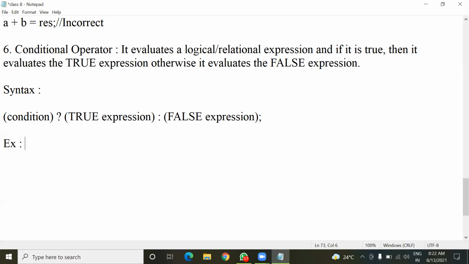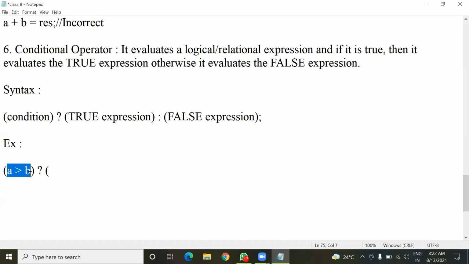Here in the example, I'm going to compare two values, A greater than B. So here it is a condition. Now after this, a question mark will be used. Now I'm trying to find the largest number of the two given numbers. Here I have two numbers A and B, and I have to find out which one is the largest. So I have taken the condition A greater than B. If it is true, then which one will be the largest number?